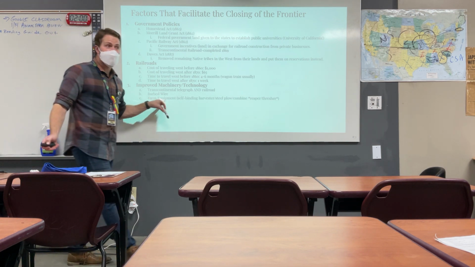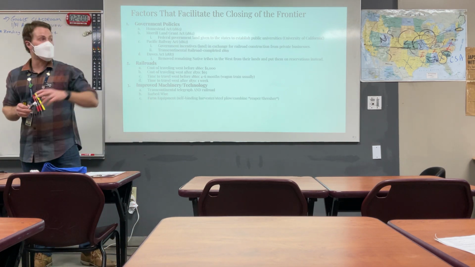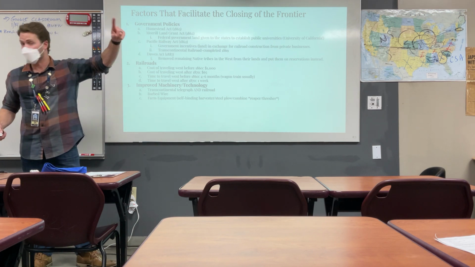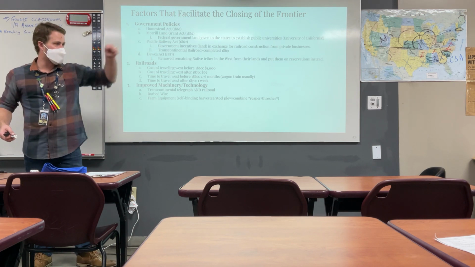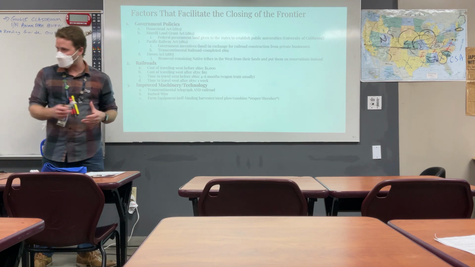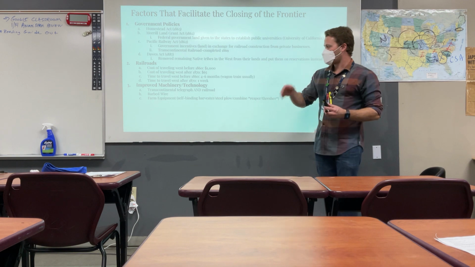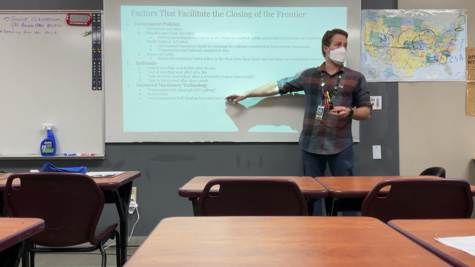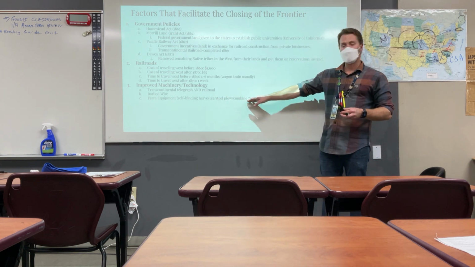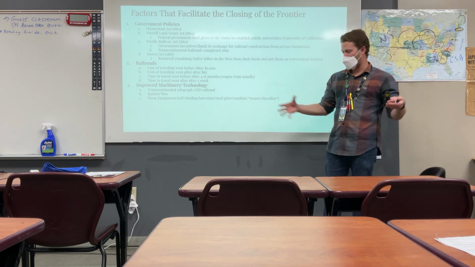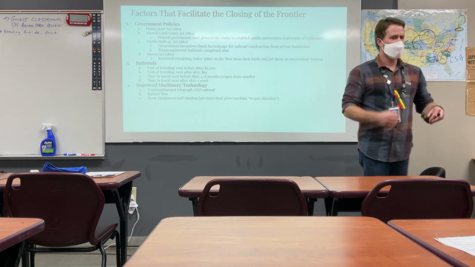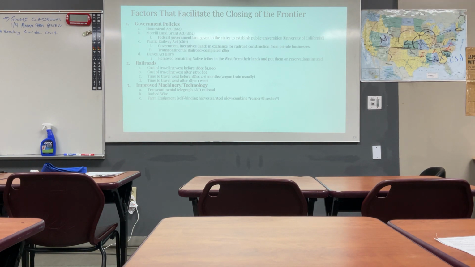There's new farm equipment that makes it easier to farm out in the middle of the country where farming is hard. The soil is poor, there's not enough rain, it's too sunny. That's not fertile land like the Chesapeake was back in the day. But new technology like self-binding harvesters, more steel plows, a combine, new technology that combines a reaper and a thresher. It's all farm equipment. You can just say advances in farm equipment. And you're good there. It makes it easier to farm in places where farming is more difficult.